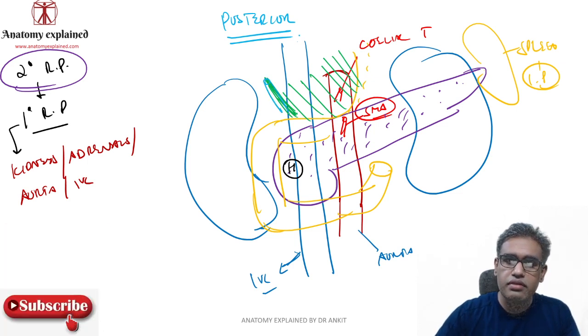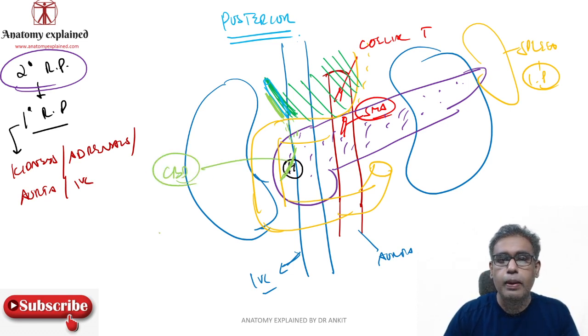and here therefore you have the portal vein, and to the right of it you have what? You have the bile duct. The portal vein and bile duct will go behind the first part of the duodenum, okay, and then this bile duct particularly will go behind the pancreas and come over here. So the posterior relation of the head of the pancreas is your common bile duct. Clear? Common bile duct.